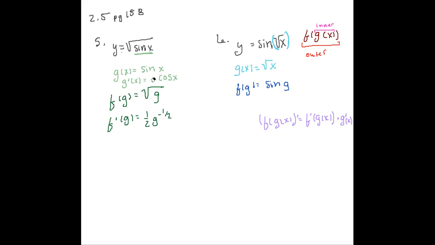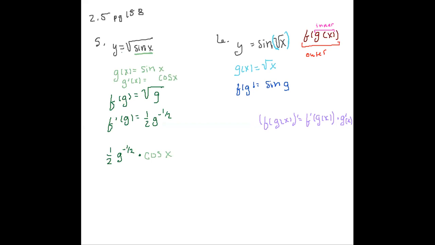Okay. Now I can think about it like this. I need to put the derivative of f, so that is 1/2 g to the negative 1/2, and then multiply it by the derivative of g, which is cos x. And the only thing that's left for me to do is,